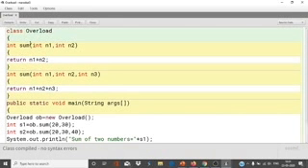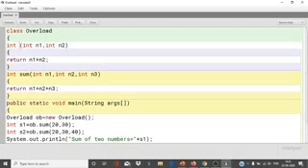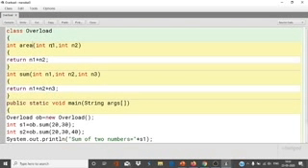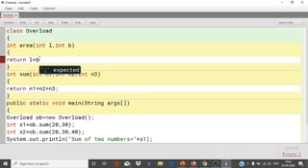In the same way, you can find the area of different shapes. Suppose you have to find the area of a rectangle, so L into B, and it will return L into B. For the rectangle, I have declared the area. In the same way, I have to find the area of a circle.